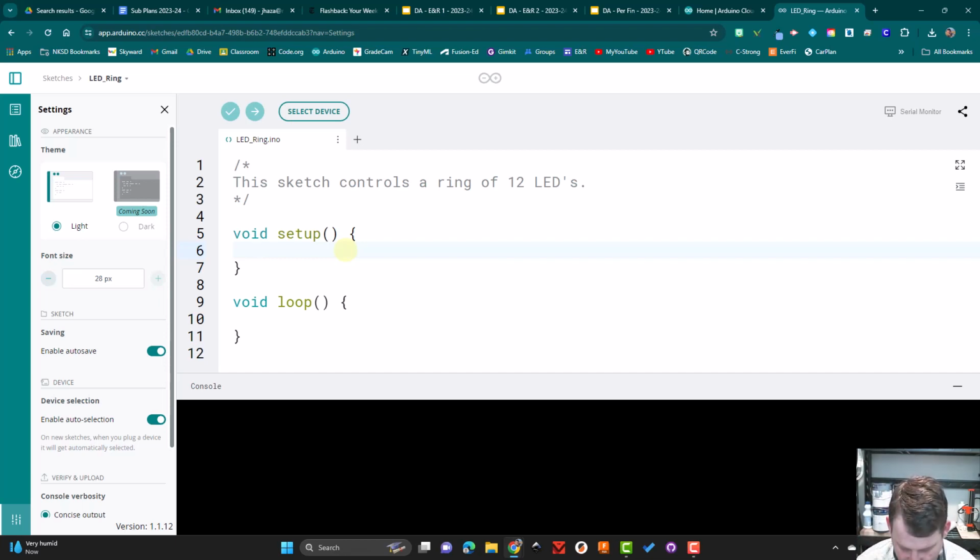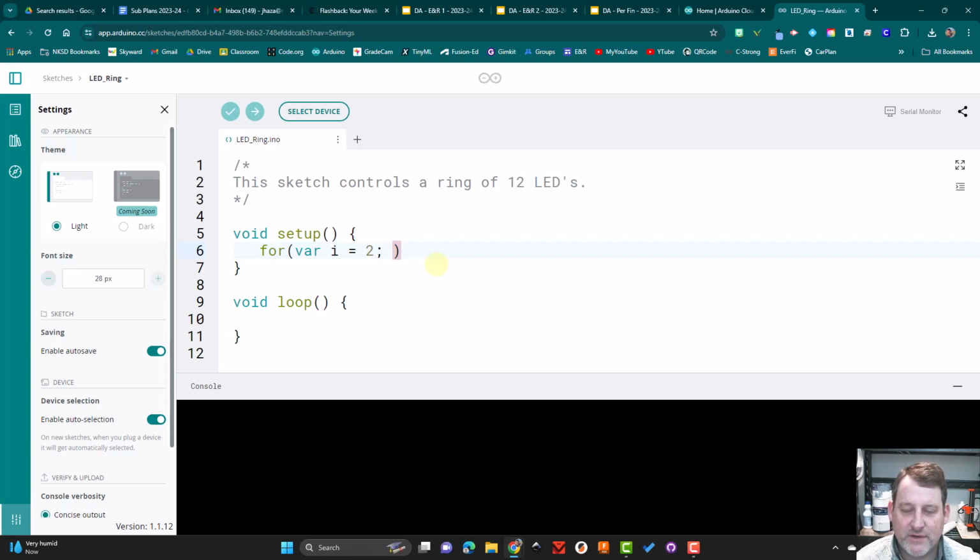All right, so let's do it. So we're going to do for parentheses var, and here for my counting variable, I'm just going to use the letter i. It's oftentimes used for the count variable. And I'm going to set it equal to 2 to start with, because we're going to start with pin 2. And then this is the condition, the second part of this, so semicolon here, sorry. The second part of this is,